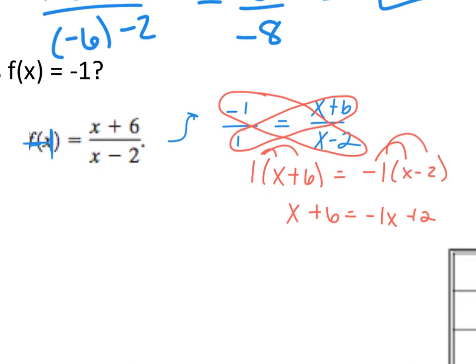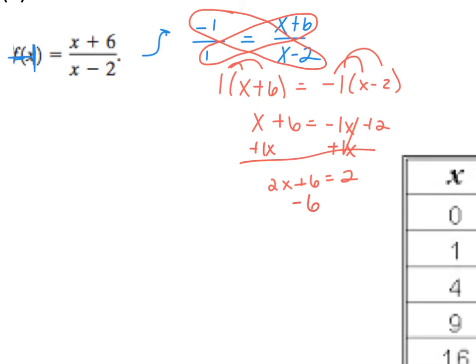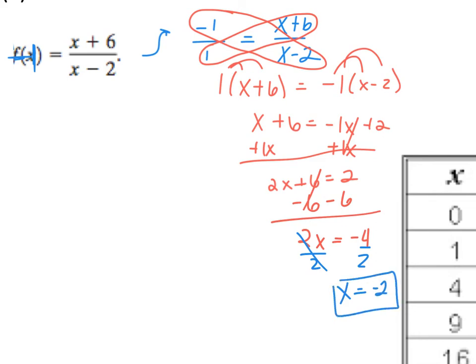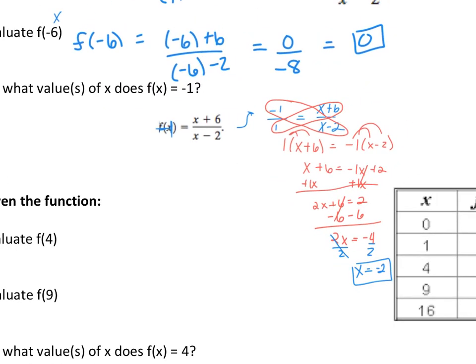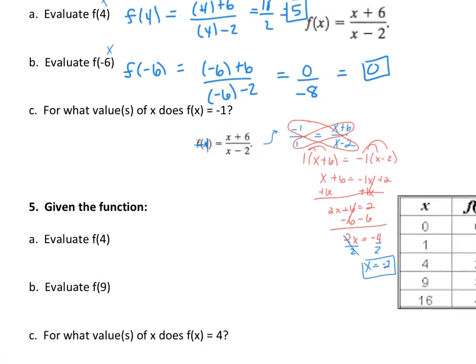I now need to get my x's on one side, so I add 1x, add 1x. I get 2x plus 6 equals 2. I now subtract 6. So I get 2x equals negative 4, and then my final step is to divide. So I'm going to divide both sides by 2. So I get x equals negative 2. And that's your final answer. So what it's basically saying is I can plug in negative 2 to my function and get negative 1 as